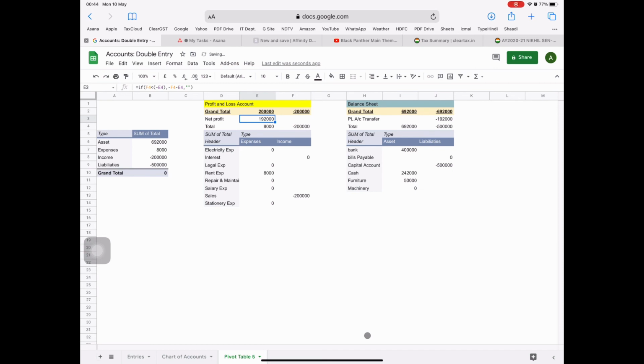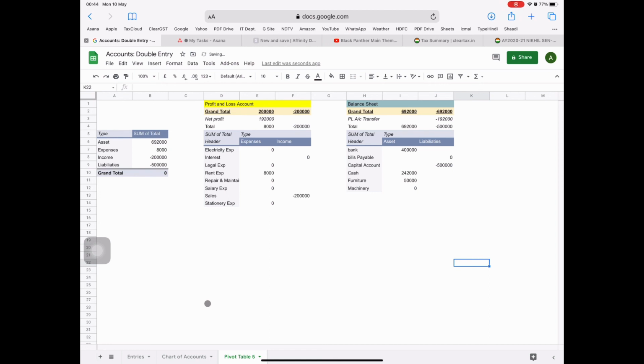So here it was a brief accounting introduction, like how you can do double entry accounting in Google Sheets. Everything is dynamic. Whatever you change in the entries, chart of accounts, everything will change with each and every transaction. Okay, if you want to see, I will show you.